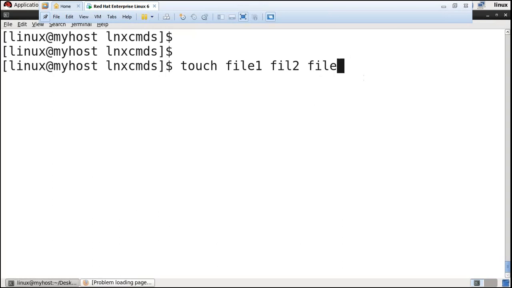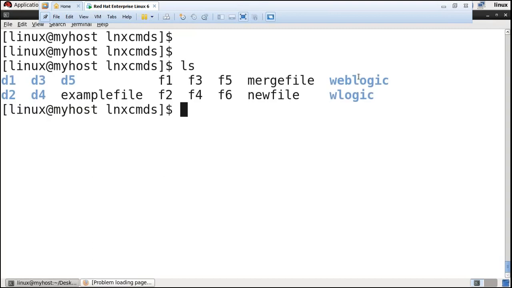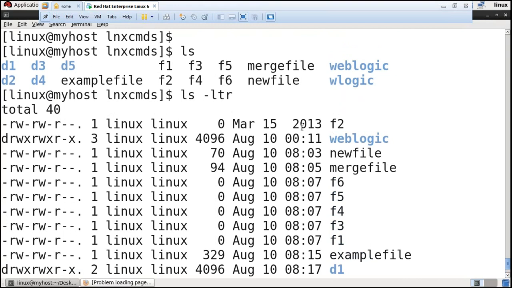The second advantage: I want to change the timestamp of the file, which is nothing but the date shown here, August 10 or something like that. I need to change it from that to the current date, or whatever date and time I desire. I can update the timestamp to the current date and time. So these two responsibilities are done by the touch command.